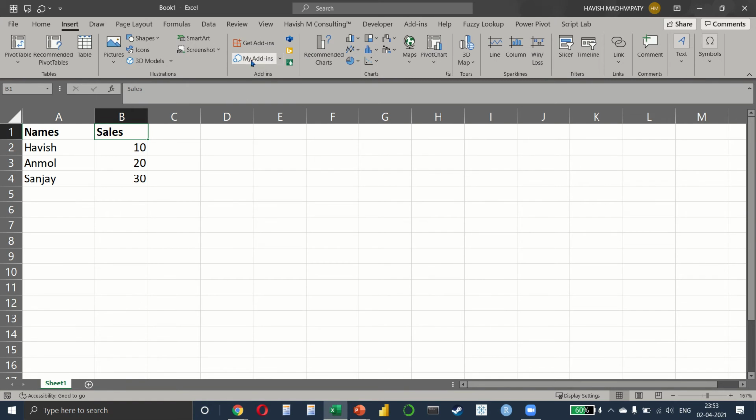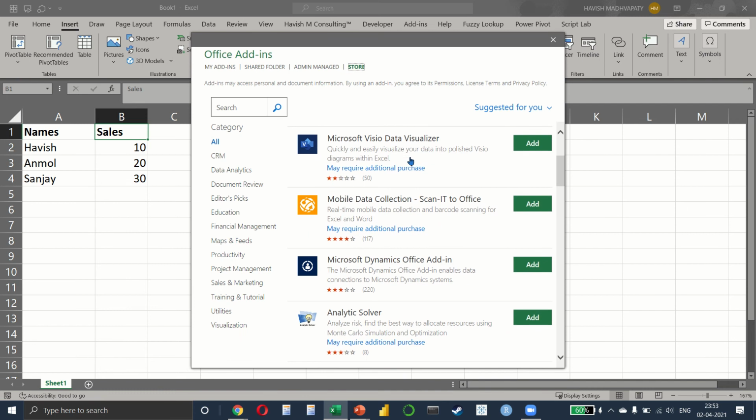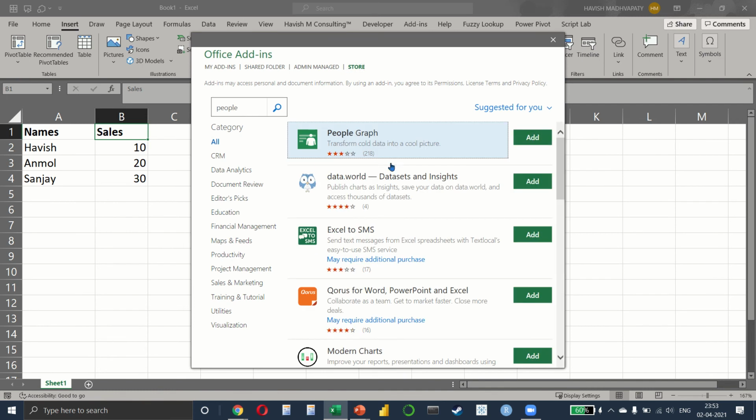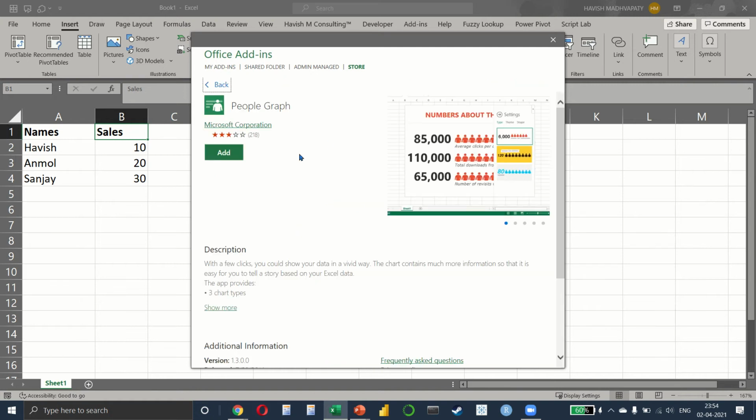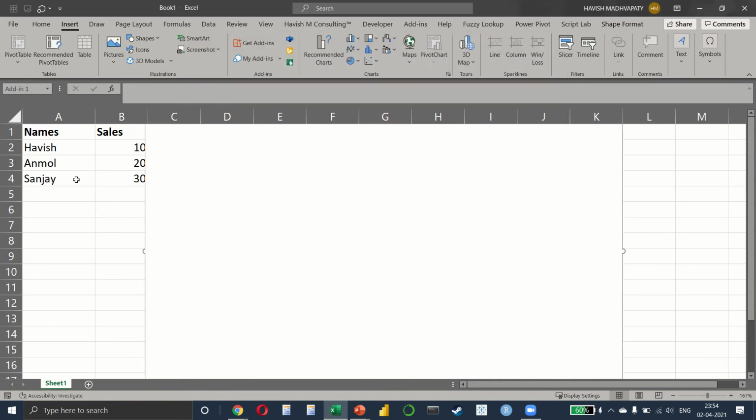So insert add-ins, and I'm going to select something called the people graph. The people graph converts data into a cool picture, and if you click on it, you can see it has been created by Microsoft. Add it, and this is an embedded add-in.